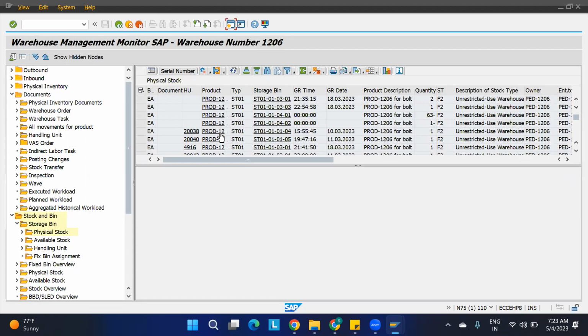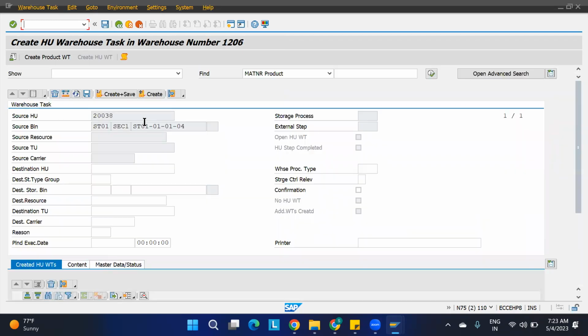Or the entire HU you want to move to this particular bin 115, we can do. I am going to move the entire HU to the bin. Storage destination HU, I'm going to put the same thing. So Sri, with the first transaction code also we can do. Yes, first transactions as well can do, but they have provided it basically only for the HU. So destination HU I have given, and destination bin will give